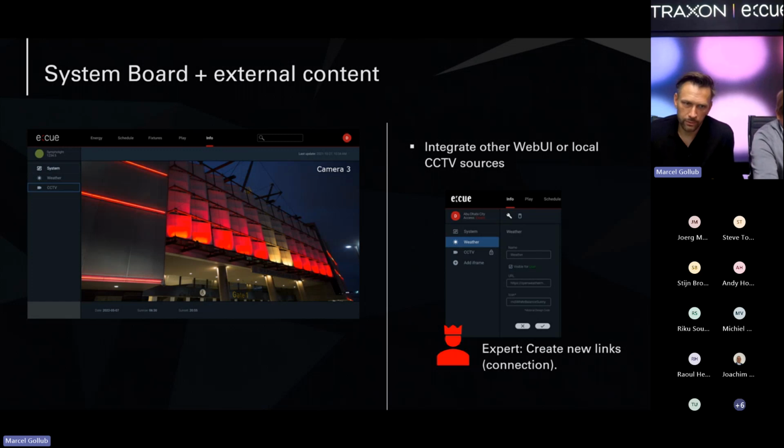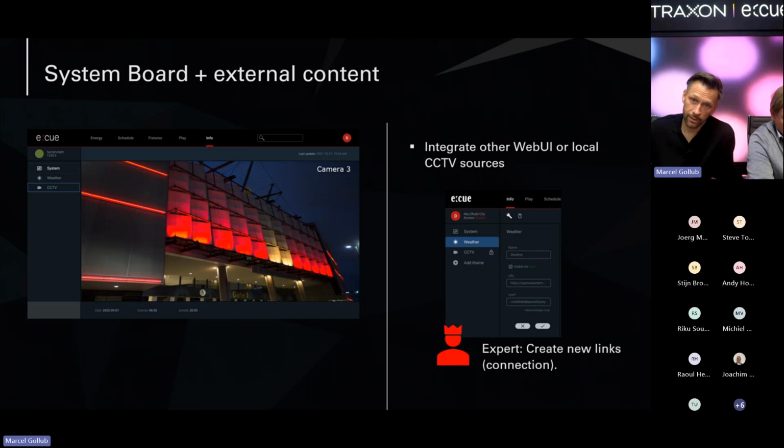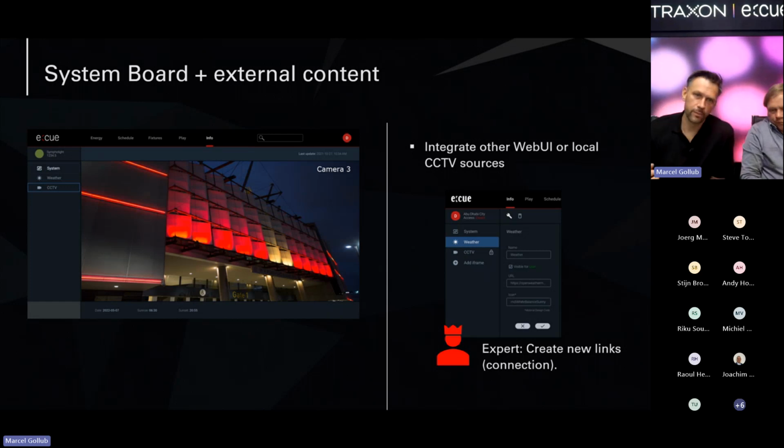It is also possible to include external content like an IPTV camera. So imagine you have a nice, beautiful facade, but you don't know what happened outside on the facade, or you want to observe if there's a pixel issue. Then you can place an IPTV camera, and the stream can be used to visualize into Symphocity. As well, if you have a Moxa network switch or so on, the web UI can also be integrated